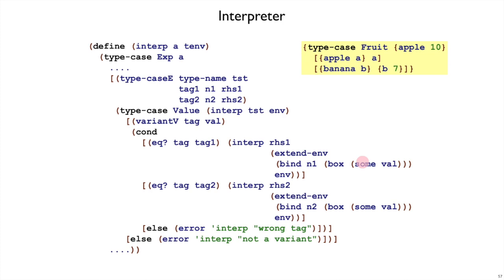And we have box of sum here because we're inside our interpreter that also has letrec. So we need boxes and options to deal with letrec. And the second clause is just like the first one, right? We interp the right-hand side for the second clause if that was the matching tag, and in that case we bind n2, which corresponds to the variable name